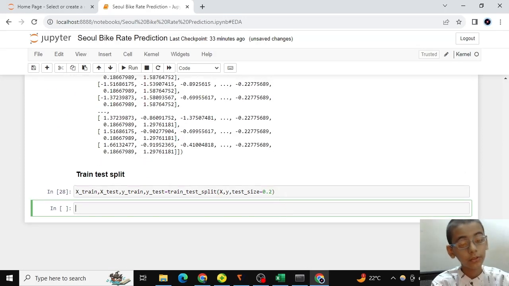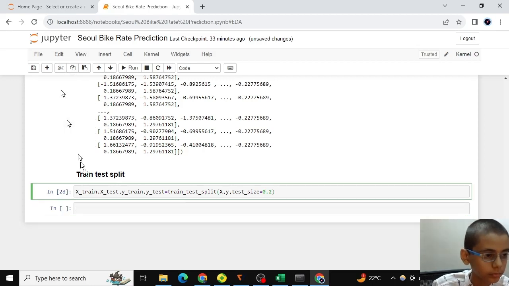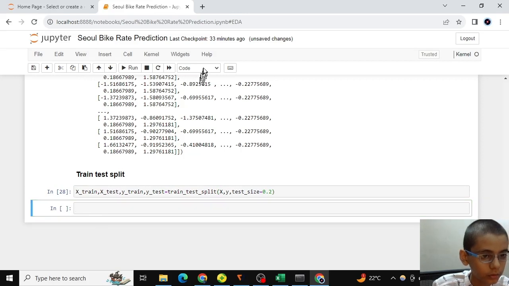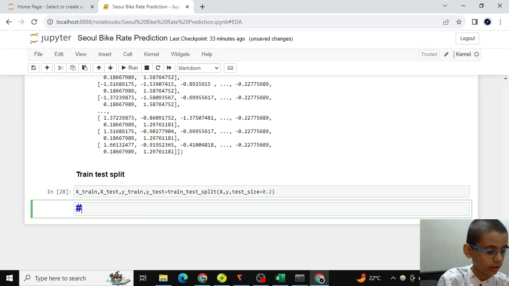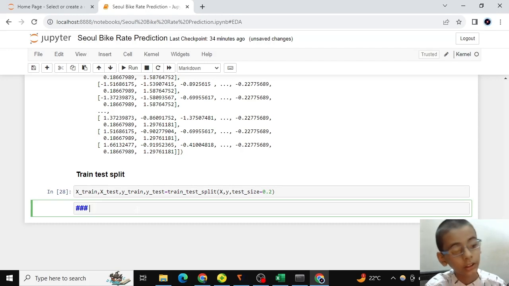Okay guys, we have split them. So we have to select our model. So let's select our model. For that we have to use our logical thinking and create a dictionary, and we are going to do that.